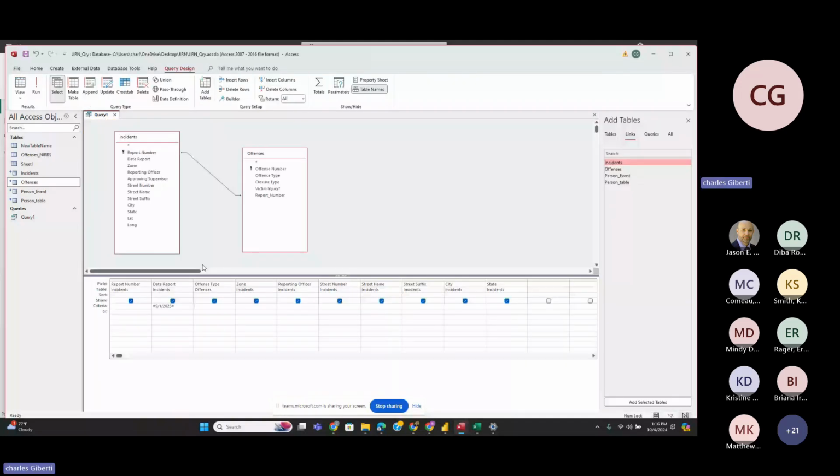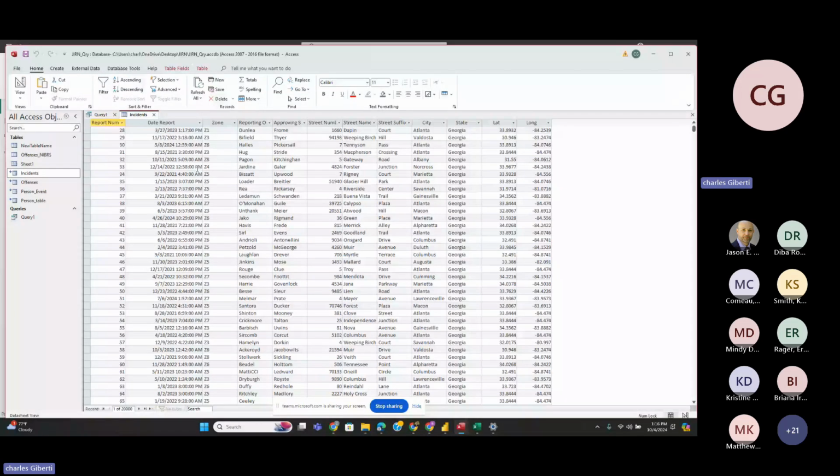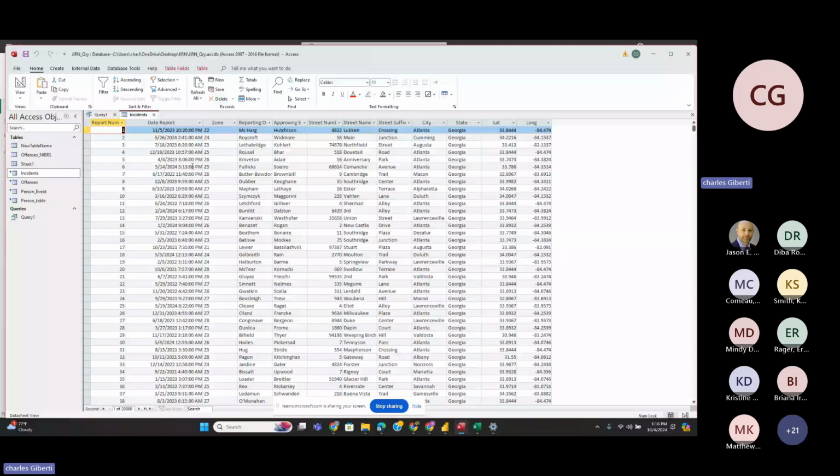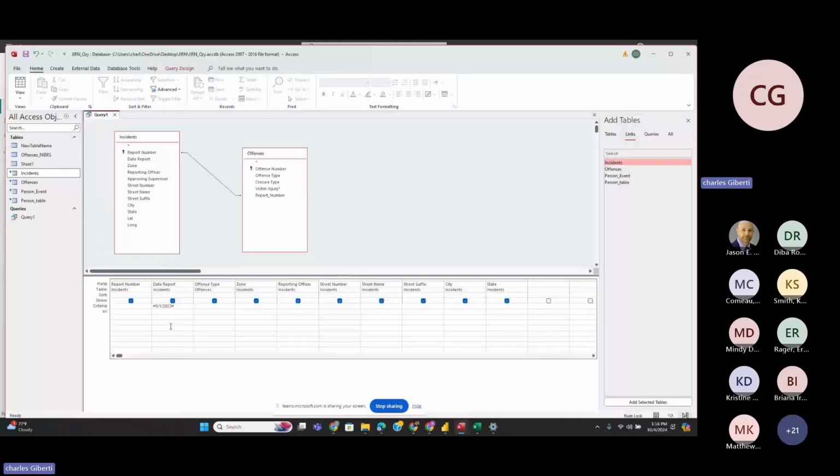Let's see what's going on there. These are date times. Date times are a little bit more difficult to work with, so I'm just going to skip that, but I am going to make the point that you can also put in relative dates here. You can use a between function here. So in our criteria, if we were to put in between 1/1 of 2024 and 10/1 of 2024,